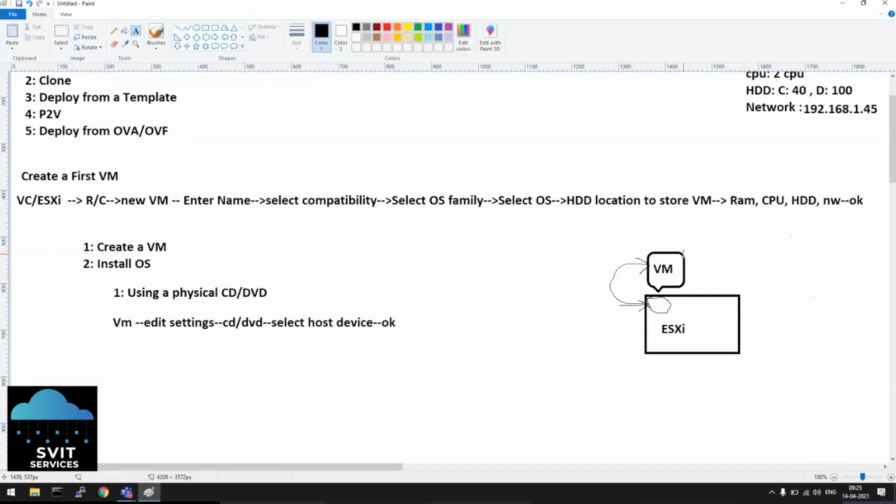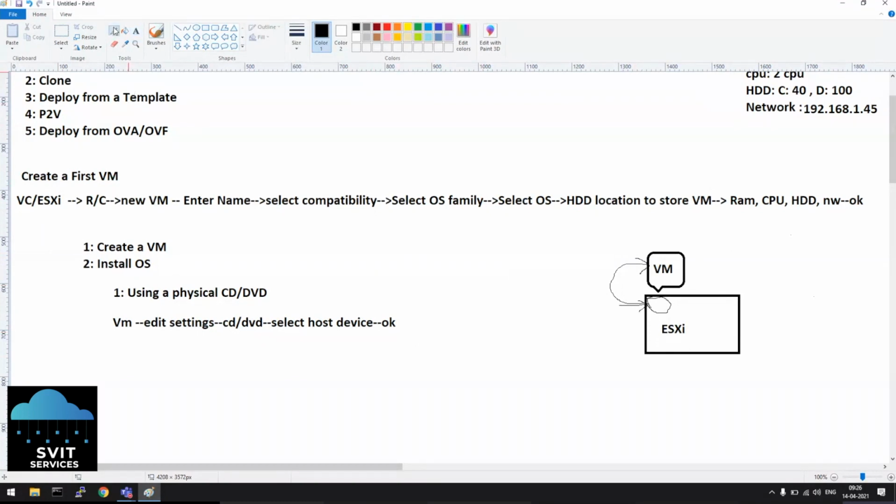Whatever the OS that we have attached, it will be installed inside. So just once you power on, it will not automatically install. We have to take this virtual computer console and just follow the on-screen instructions like accept license, select next, enter password. Okay, so settings we have to follow on screen. It's almost like yes or no kind of questions. Even if you're doing it for the first time, when you read that instruction on the screen, you will be able to select the appropriate option. If you press yes, it will proceed. If you say cancel, it will stop there only. So we always select continuation options, like continue, next, or yes. Okay, OS will be installed.